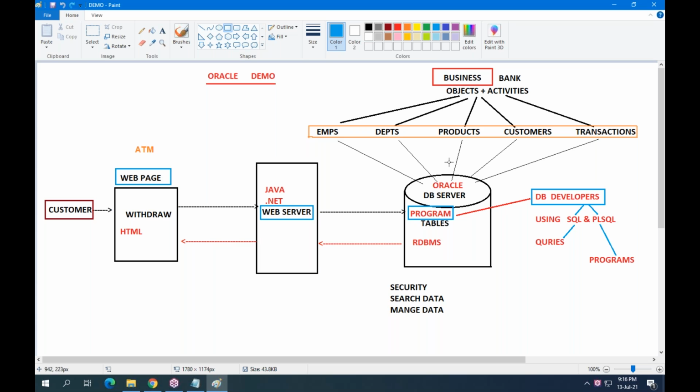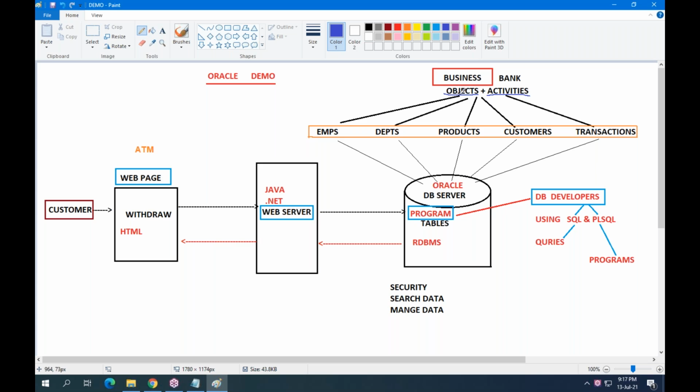That information we can store in the database server. Here I have clearly given: business is a collection of objects, and transactions. Object means it's a part of business.